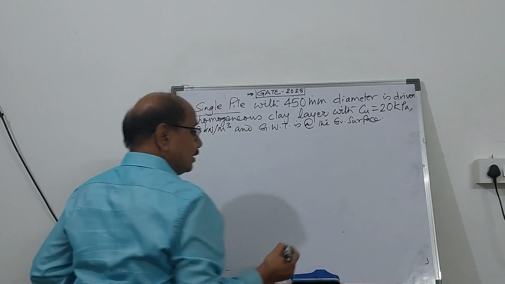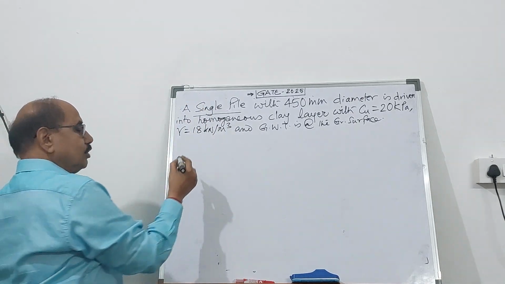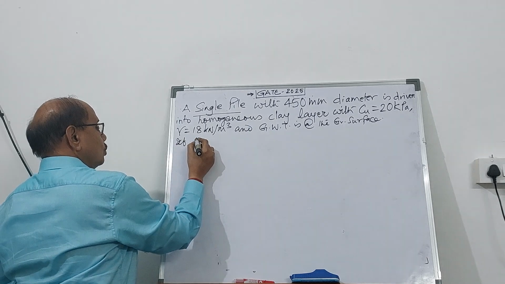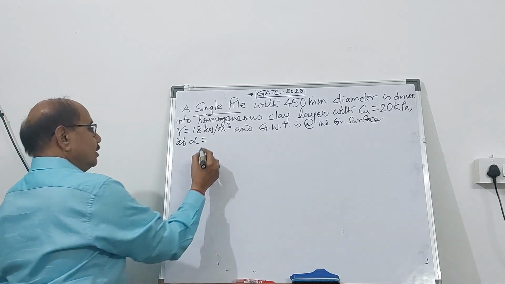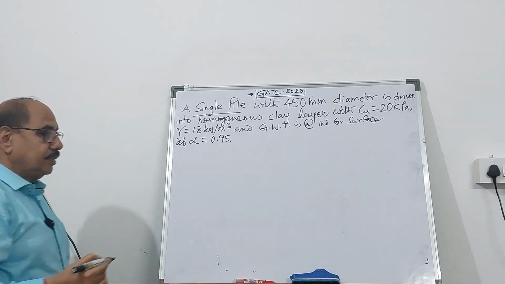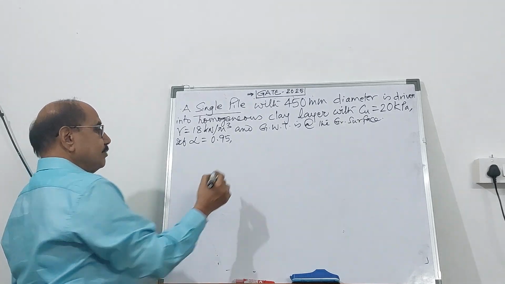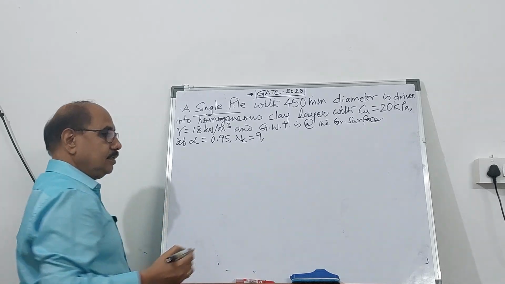So it is touching the ground surface. If alpha, that is the adhesion factor, equal to 0.95, and the bearing capacity factor NC equal to 9,